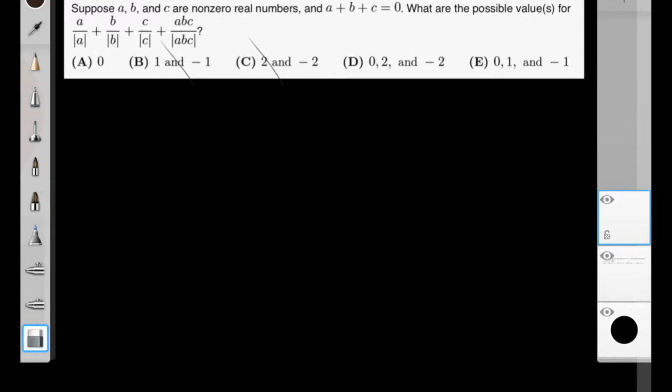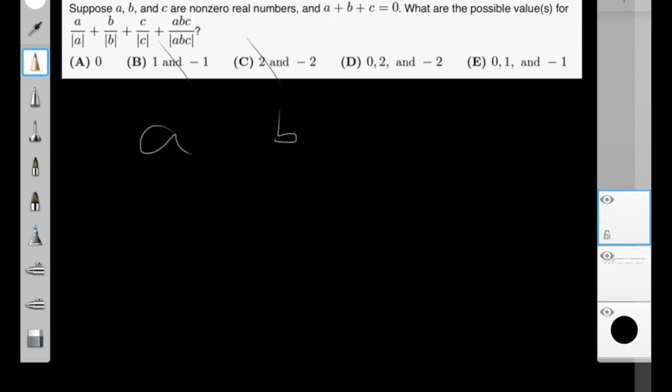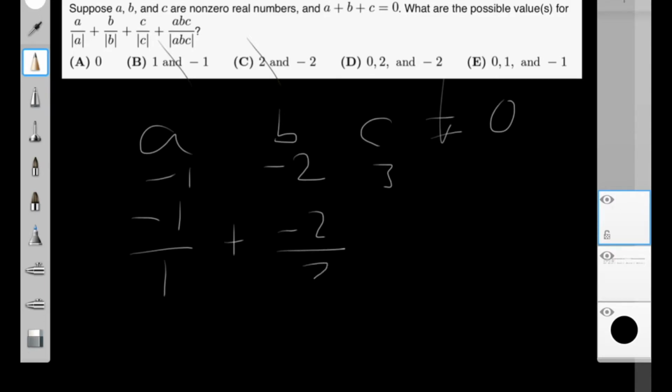Now let's make two negatives. A plus B plus C equals 0. Now let's make A and B both negative, negative 1 and negative 2, and we'll make C 3. Okay, so now let's plug in our values. Negative 1 over 1 plus negative 2 over 2 plus 3 over 3